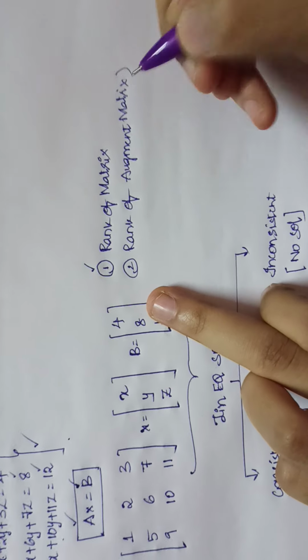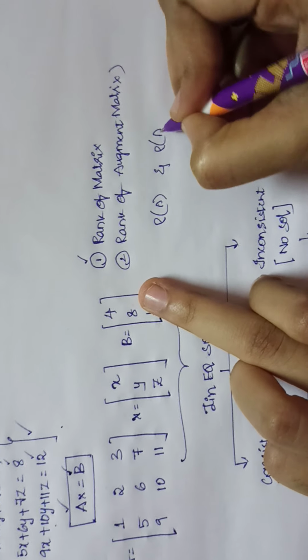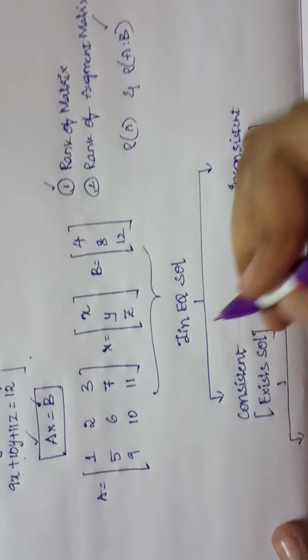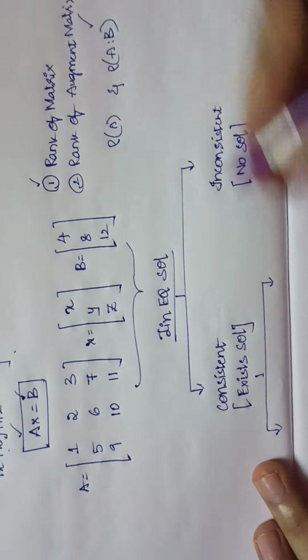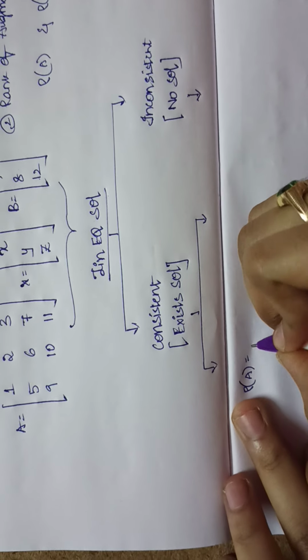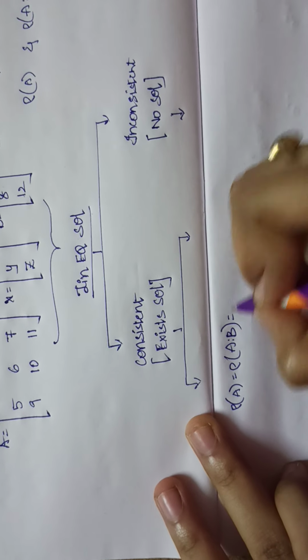Rank of A and rank of the augmented matrix must be found before going to this step. Here, if rank of A is equal to rank of the augmented matrix, equal to R,